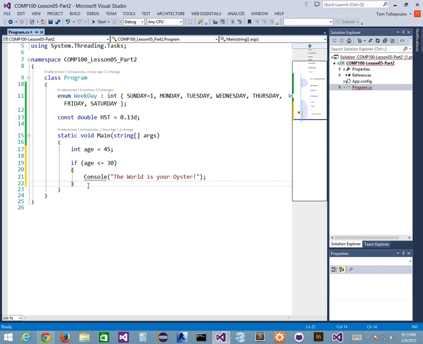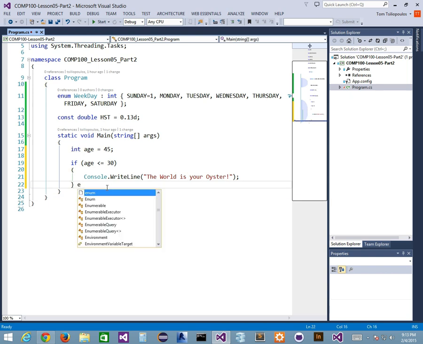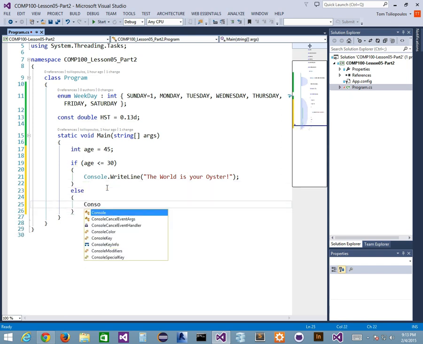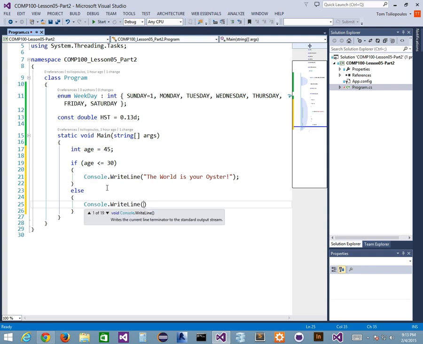However, if it's not, Console what? You didn't finish it. Console.WriteLine. That's what I meant to do. Console.WriteLine, the world is your oyster. However, if it's not, I'm going to make another statement. I can combine it with an else. Else Console.WriteLine, you're getting old,